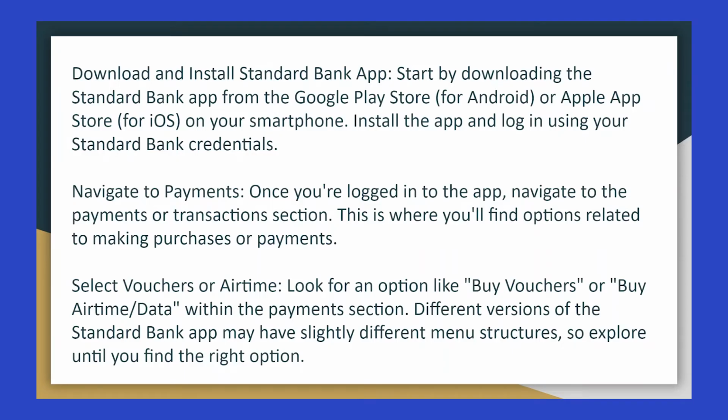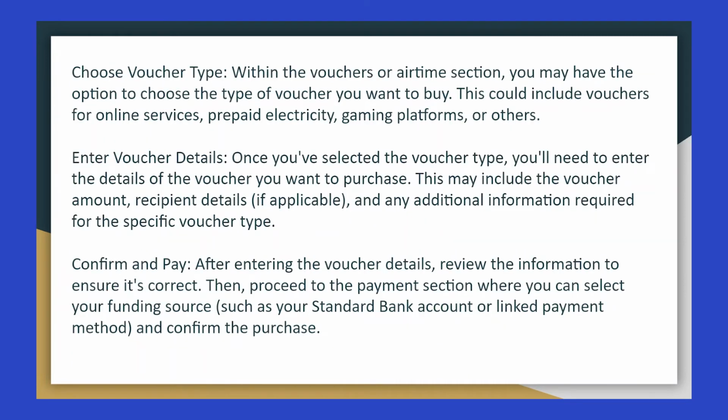This is where you will find options related to making purchases or payments. Look for an option like Buy Vouchers or Buy Airtime or Data within the Payments section. Different versions of the Standard Bank app may have slightly different menu structures, so explore until you find the right option. Within the Vouchers or Airtime section, you may have the option to choose the type of voucher you want